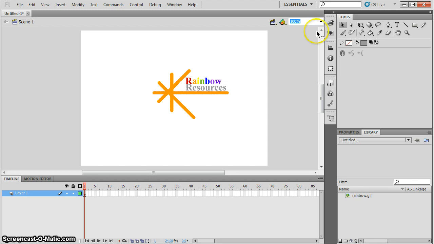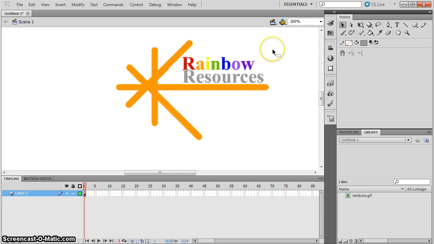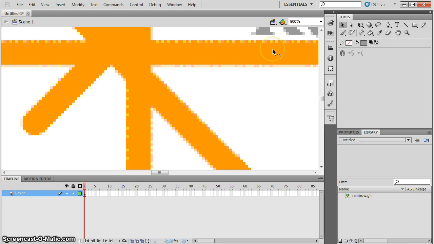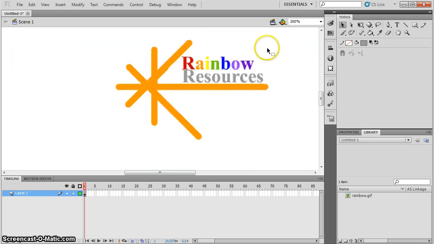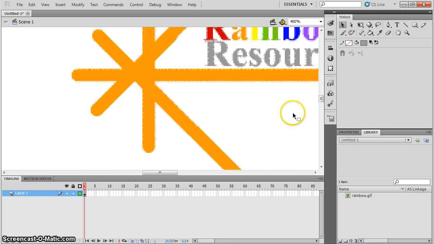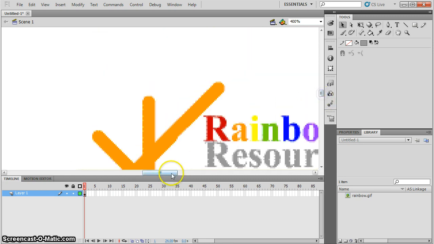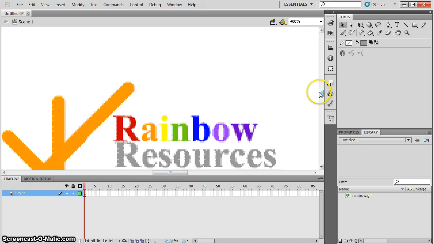You can do it at the top here. We can press Control plus, or Control minus to go back. So now that we're zoomed in, we'll be able to select a bit easier exactly what we're after. So using the selection tool,